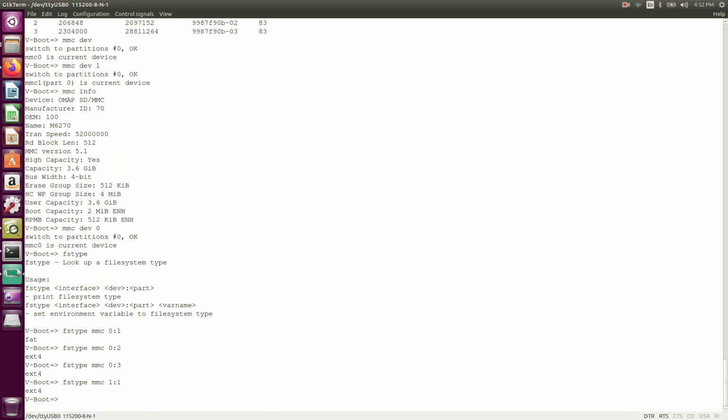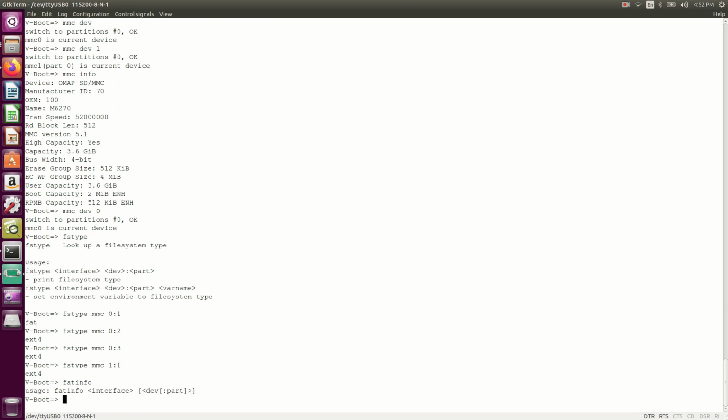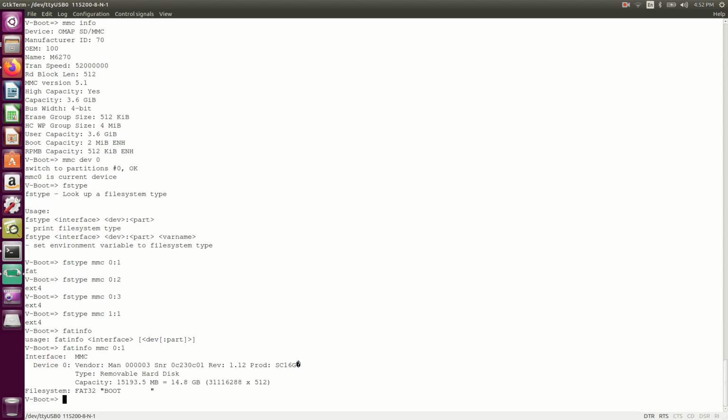There is another command also, fat, which is a fat based file system. If we go with fat info, we need to mention the interface mmc 0:1. This will give you the information about that fat32, and the label we have set to boot. So it's our first partition, and it will give you all the information.